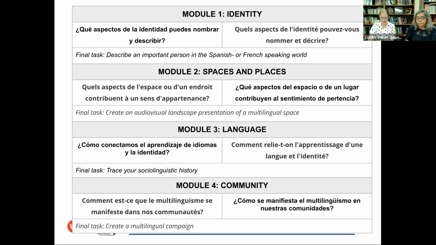In the final task of the semester, multilingual groups of Spanish and French 111 students worked together to identify multilingual spaces on campus and to propose initiatives that would highlight the presence of those spaces for our broader campus community. By framing our time together, both in language and translingually, via these essential, or rather critical, questions,